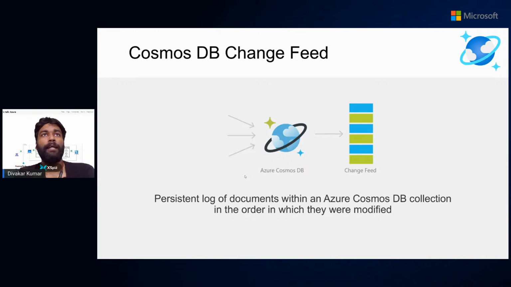Consider this example from the retail industry. You add an item A to a shopping cart, and add an item B to the shopping cart, and then you remove item A from the shopping cart, and now you are checking out the items. This should be in order, because at checkout you don't need to have item A in your checkout, right? So in order to do that, you need to define your partition key well.